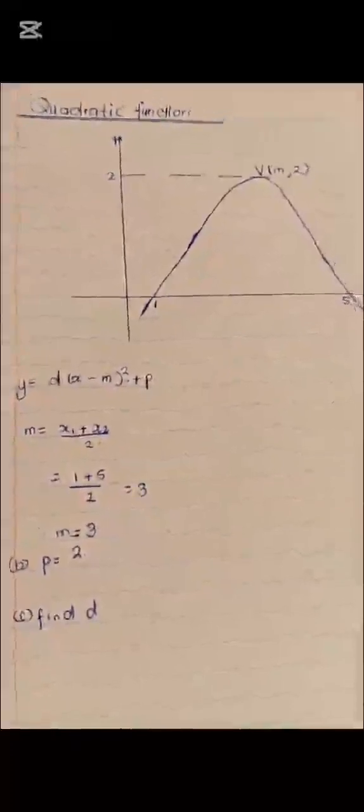Part c says find d. If we look at the equation, you can see this is d. So we have to use the intercepts to substitute into the equation. We are going to use the point (1; 0). So the first thing we're going to do is write down the equation,